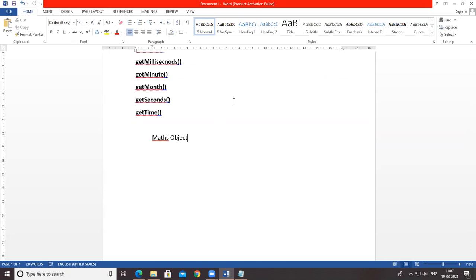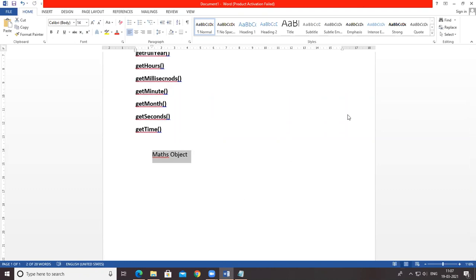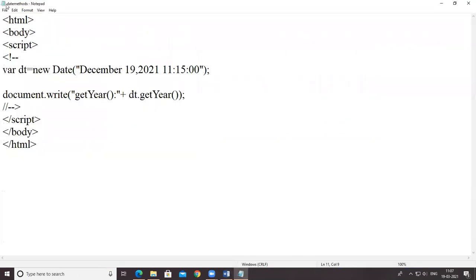These types of mathematical calculations are done by using the Math object in JavaScript. Let's see the program directly.